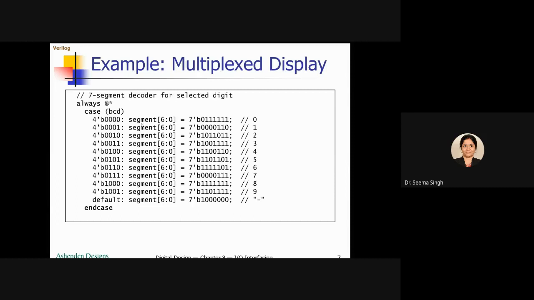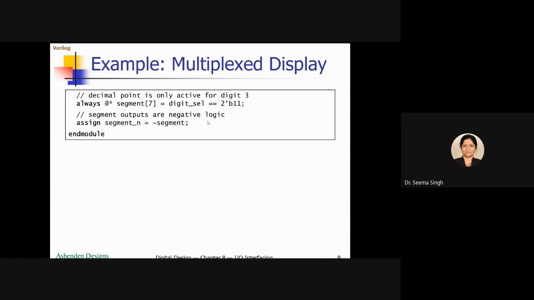Here what they are trying to show is that they are not using the dot, the decimal point. So this is how it goes. And see, the decimal point is only active for digit 3, because decimal is available for all the LCDs, but it is not used for all of them.